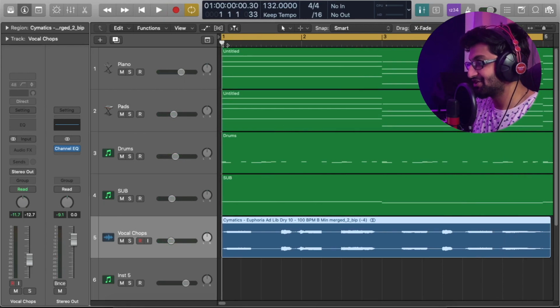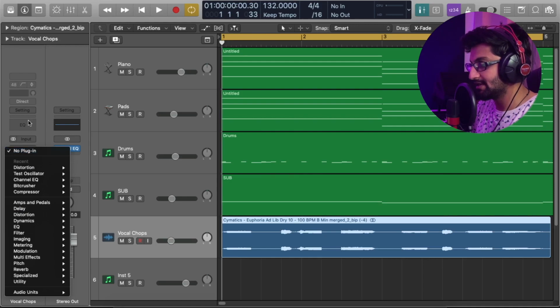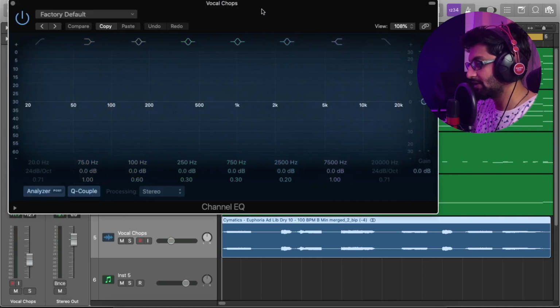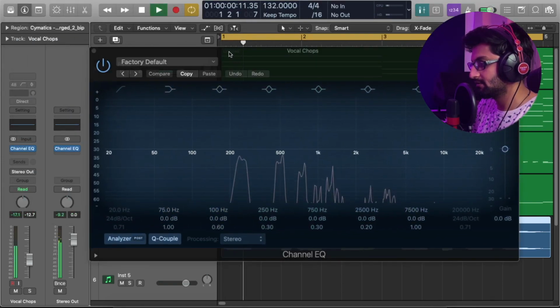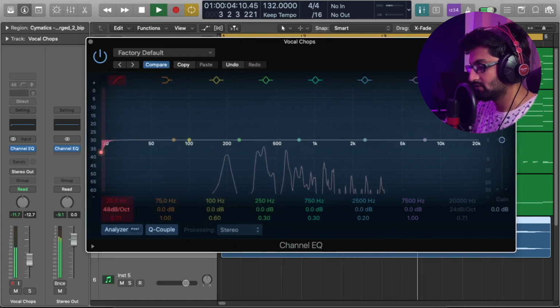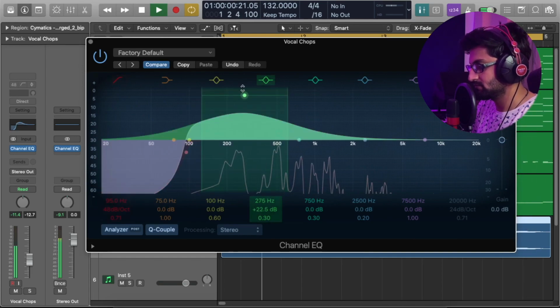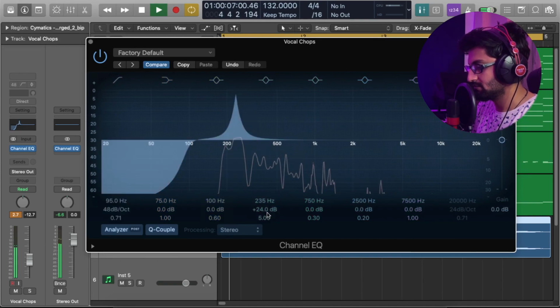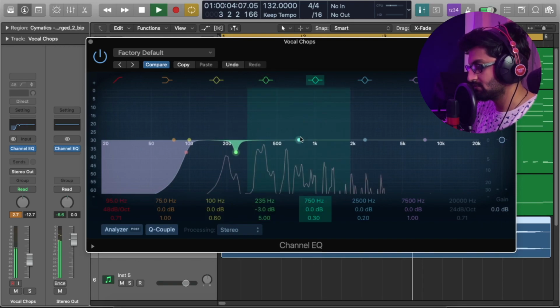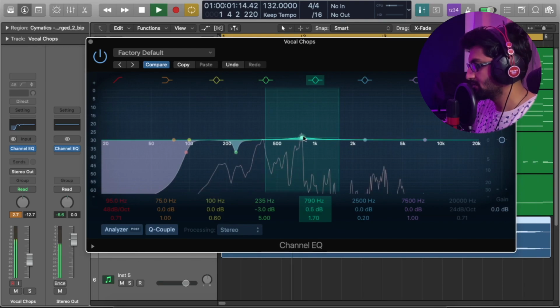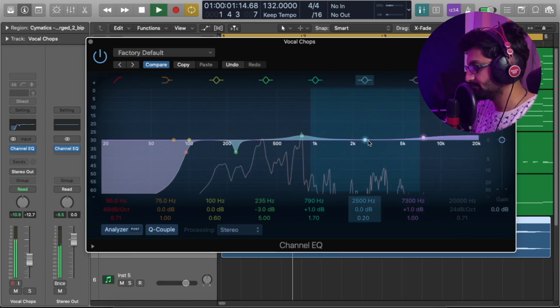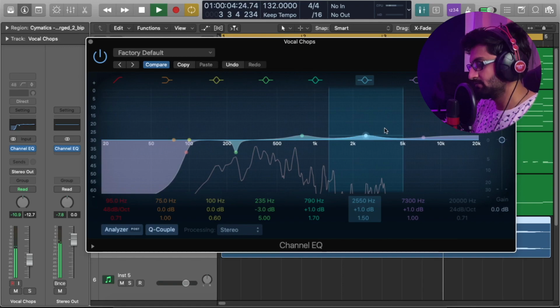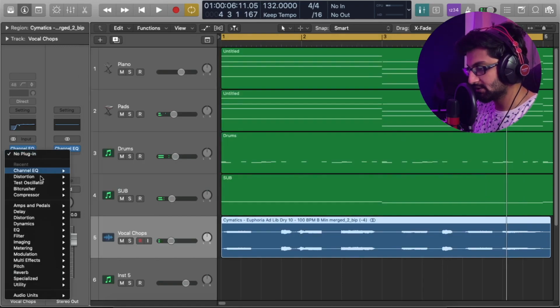And now the magic begins. Let's create heavenly vocal chops. And the magic to amazing sounding vocal chops is all in the post processing. So let's just go ahead and start off with an EQ for now. Let's just level out the frequencies. Better. Let's put some compressor to even out the dynamics,